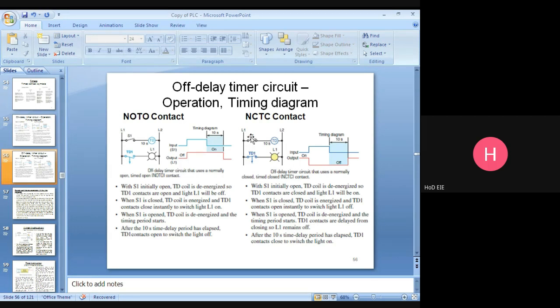It will start counting 1 second, 2 seconds, 3 seconds. After the 10 second time delay period has elapsed, DD1 contacts close to switch the light on. I hope you understand. Shall I move on? Yes, sir.